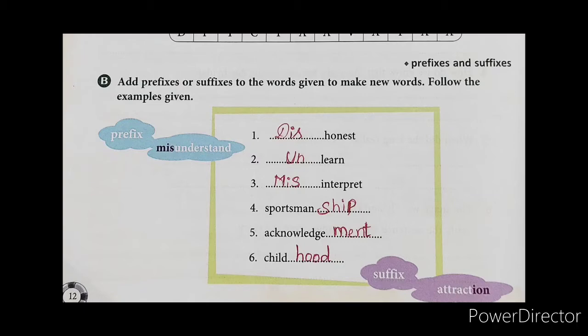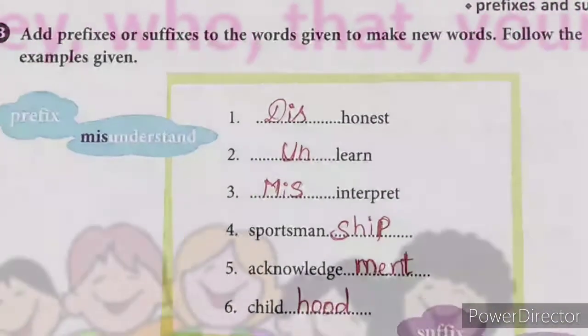So this is the exercise from page number 12. We saw the previous one, colloquial language, exercise A, and exercise B, which is prefix and suffix under the vocabulary area from page number 12. So that's all from page number 12. Let's move on to the next exercise, from page number 13. It is pronoun, the grammar area. Let's see what is meant by pronoun, then we will discuss the book exercise, children.